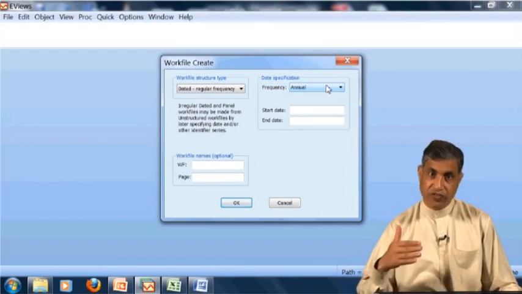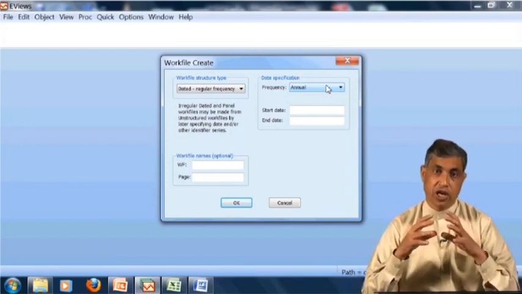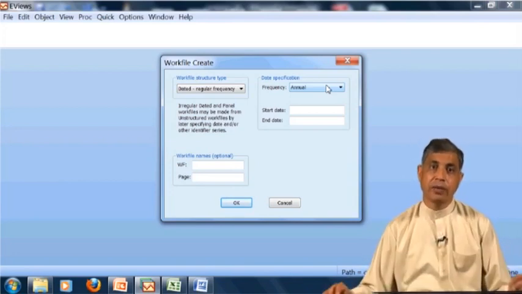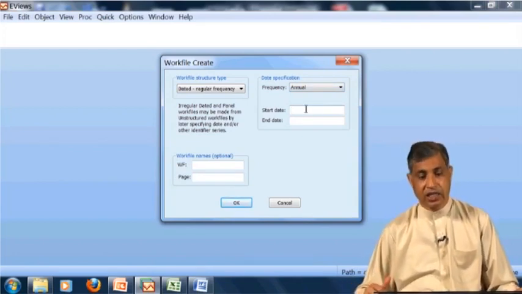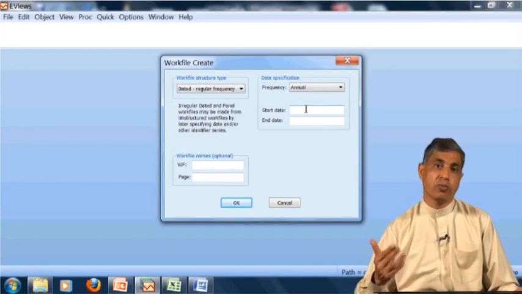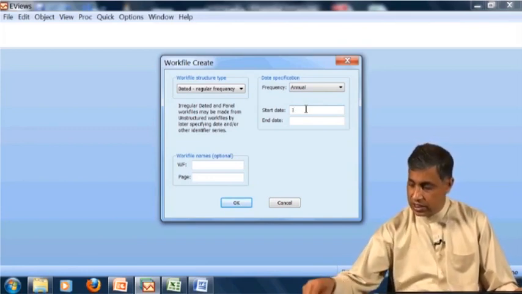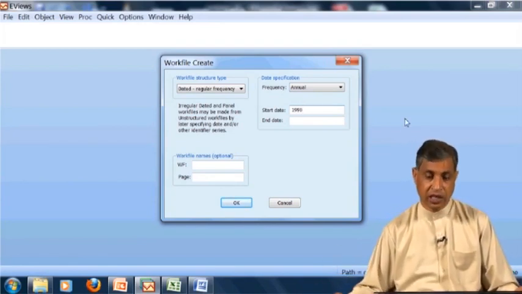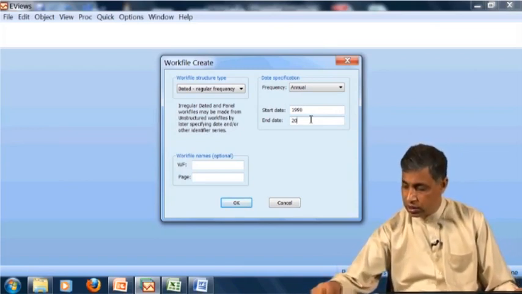So I am going through the first data. First you will have to fill in this window. If you are unable to give the correct commands here, then it will be difficult for you. Now look at this. It is asking what is the starting date of your years. I would say it is 1990, because I have the data from 1990 up to 2012.